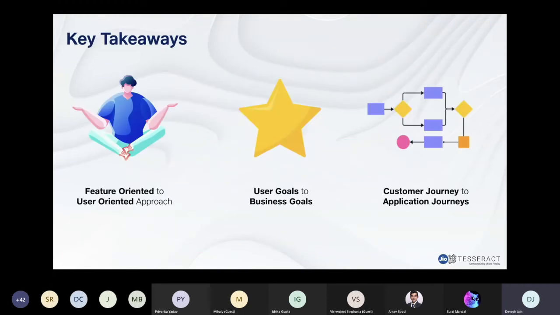Yeah, so just one last slide. Key takeaways on this is to move from being feature oriented to more user oriented. In order to start achieving your business goals, you only need to focus on user goals. The moment you start focusing on user goals, you'll start achieving your business goals, because the business is coming from